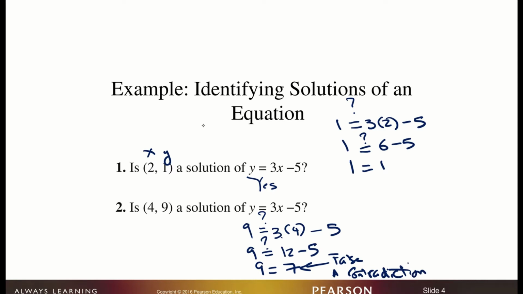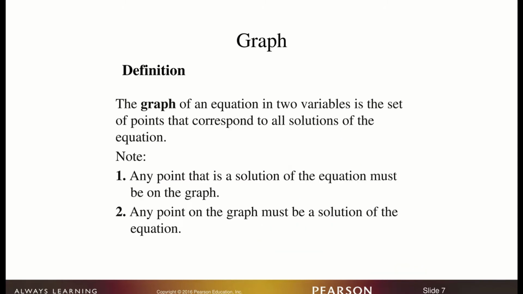So this means the ordered pair (4, 9) does not satisfy this linear equation in two variables. Therefore, no, it is not a solution of that equation. Next, we want to look at what is meant by the graph of an equation in two variables, such as,